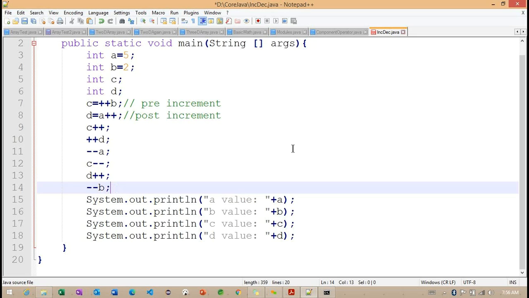No, not understanding yet, like how the particular expressions are going to work. Okay. So what we can do, we'll try to execute the same example here. Observe here.